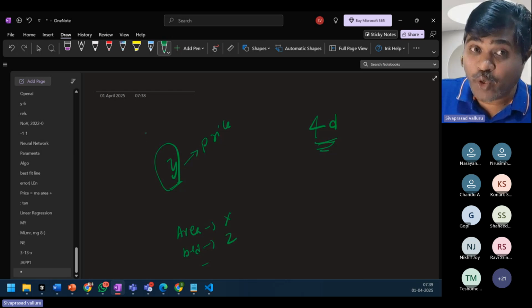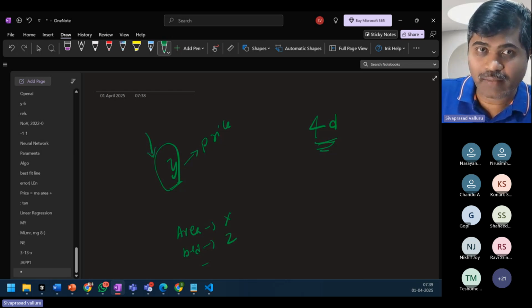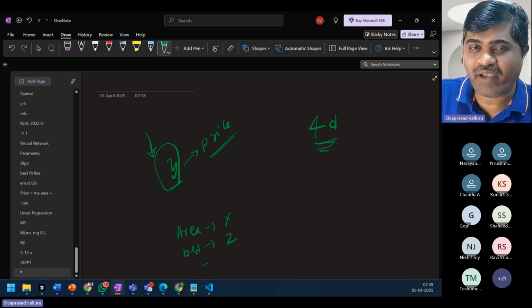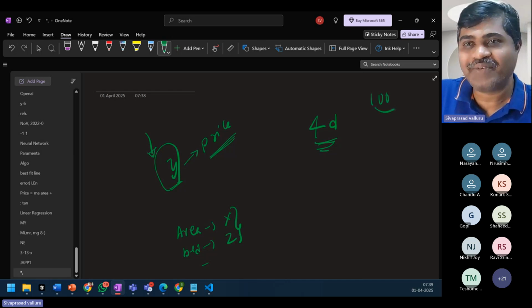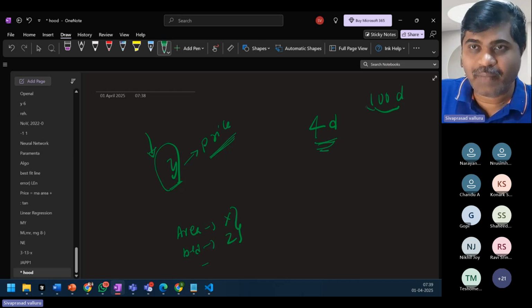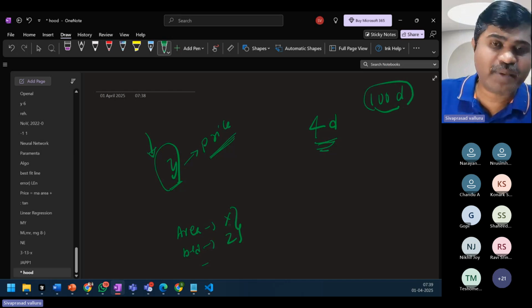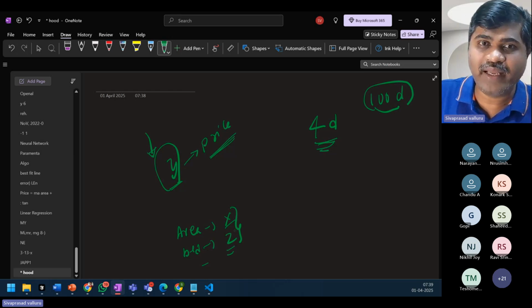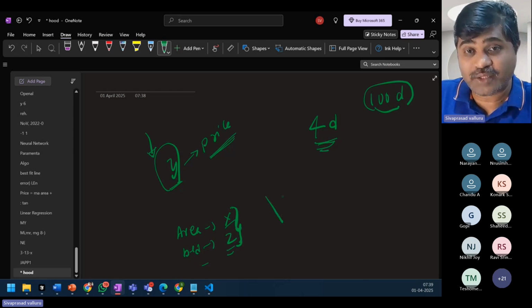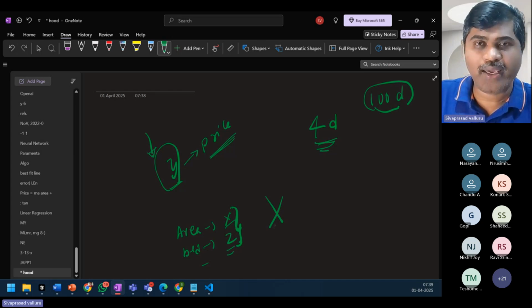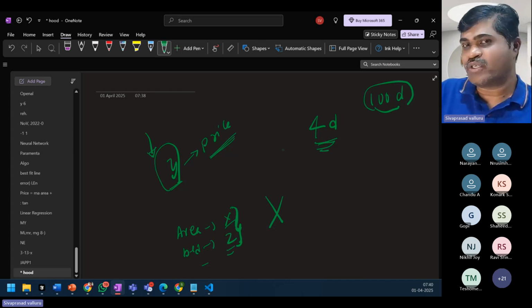Whatever we want to predict, we will call it y. I want to predict prices finally, right? Y is price. And there might be multiple axes. There might be a 100D graph as well. It is difficult to visualize a 100D graph. So whatever parameters we have, we all call it capital X. Capital X contains all the input features. Let me introduce you to a terminology.